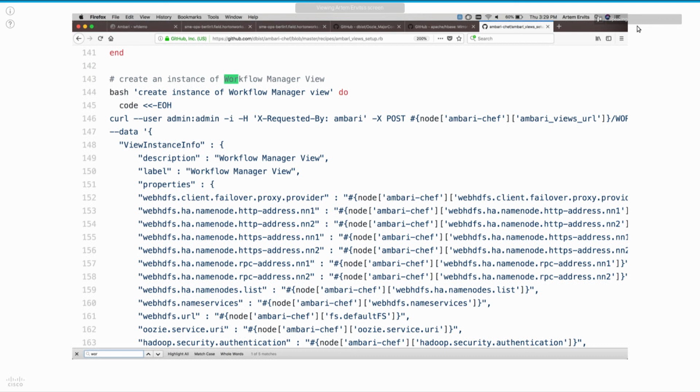So for the Ambari Chef recipe, I have the initial version. They made it production ready. As he already mentioned, I'm a solutions engineer, so if it works in a demo, it's good for me. So you can just take this curl command, and it will bring up an instance of Ambari View, right? But you've got to install the bits first. So you install the bits, and then you can launch this curl command, and you're good to go. So you don't need a cluster managed by Ambari to run this. Point it to the Oozie URL, a couple of other commands, and then